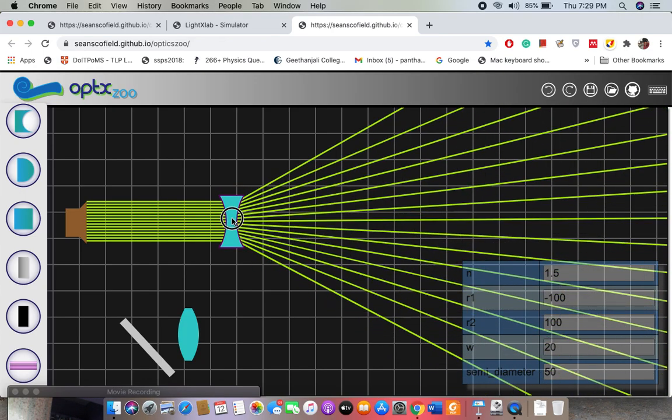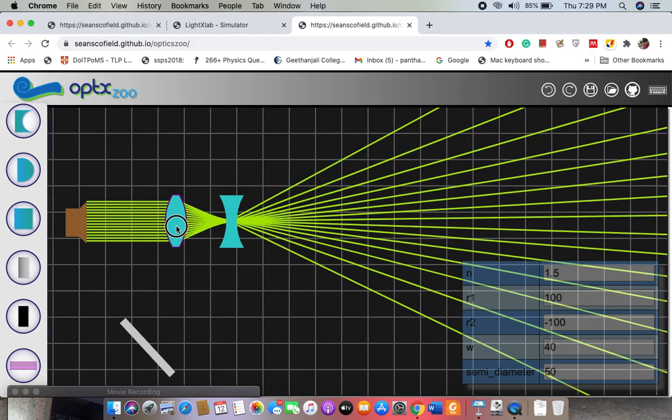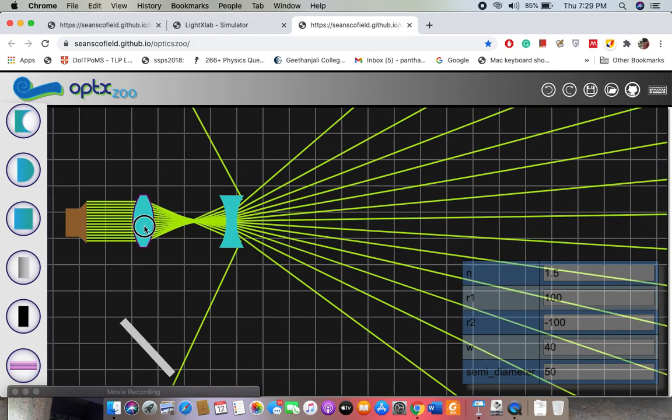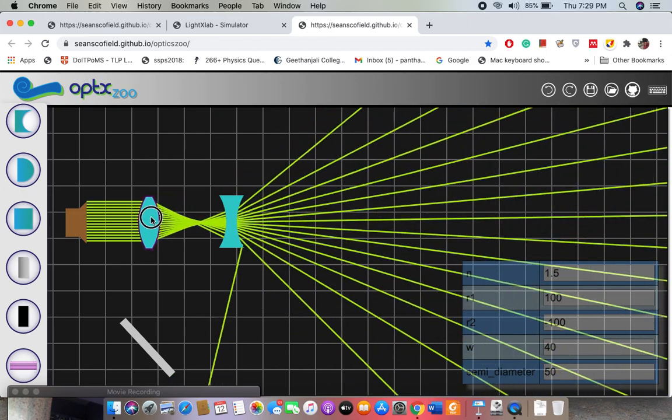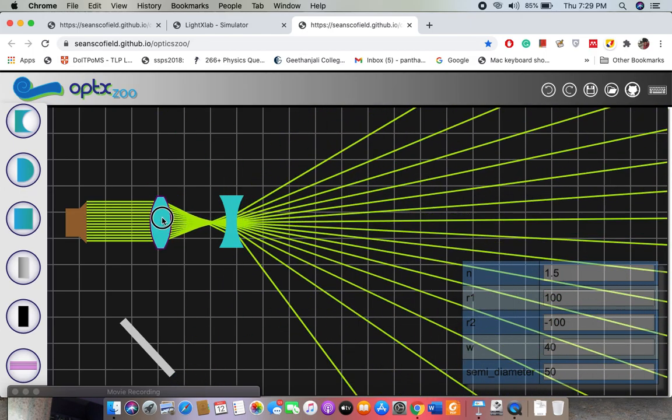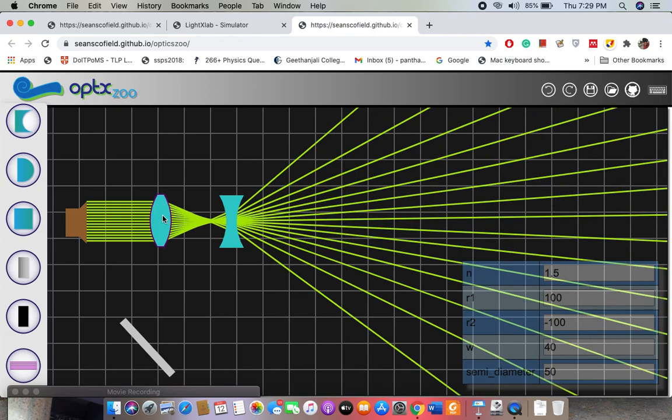As you all know, let us insert both and see what will happen. These animations are more effective because we cannot do these types of things with the regularly available lenses, because lenses are delicate. We should use those lenses carefully, but here you can play with the lenses. That is the first and biggest advantage of these simulations.